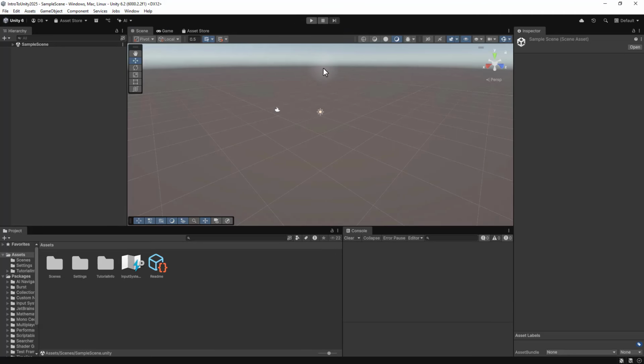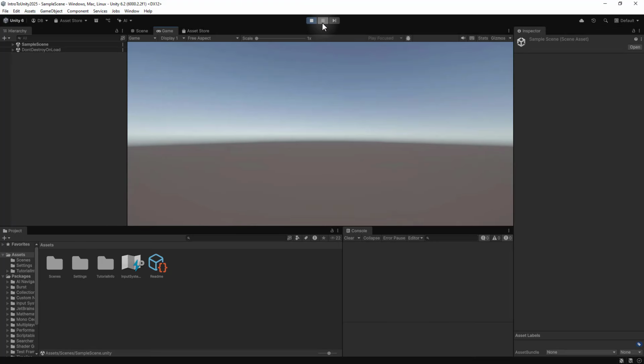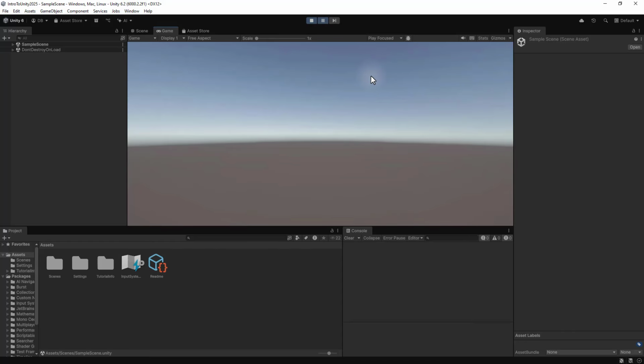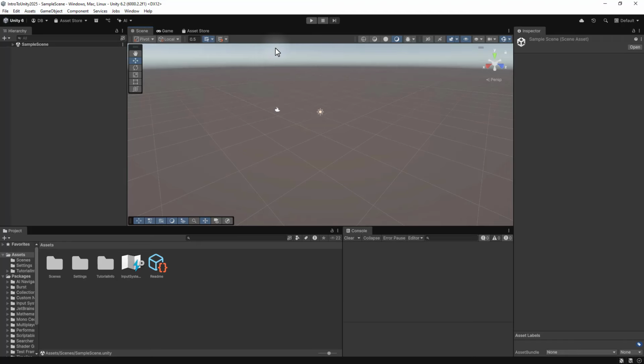to our edit mode. Now, if we are playing our game and we want to pause for a second, well then we can simply click on the pause button here in the middle, and that is going to pause our game. If we then want to, for example, go frame by frame for our game, we can click on the step button here, which is going to sequentially increase frame by frame. Now, let's click on the play button again to stop playing, and that right there is a look at the